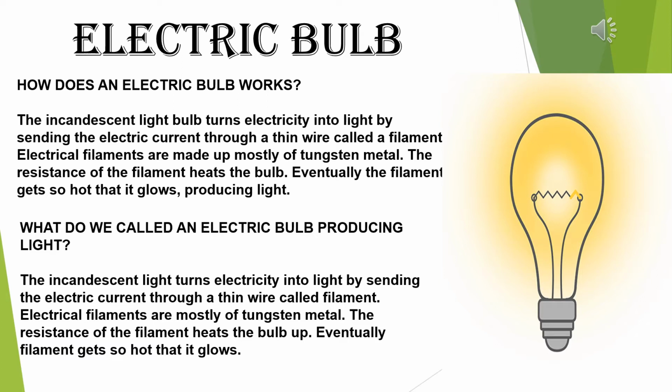You have seen incandescent bulbs at your home. You have seen the night bulb also, green color, red color, blue color. In that case, the glass covering of the incandescent bulb is made of that particular color. The filament color is not changing. The bulb color from outside is colored green, blue, or red, like this.